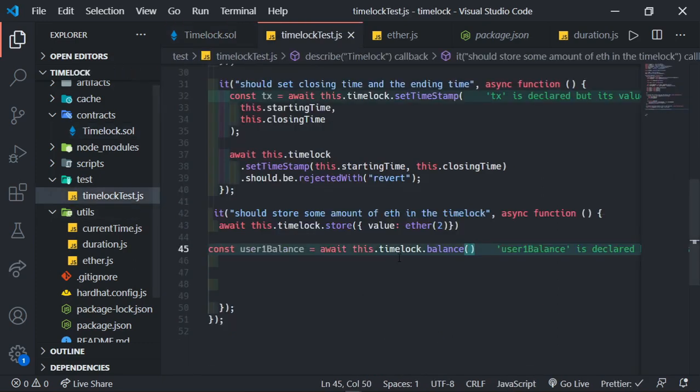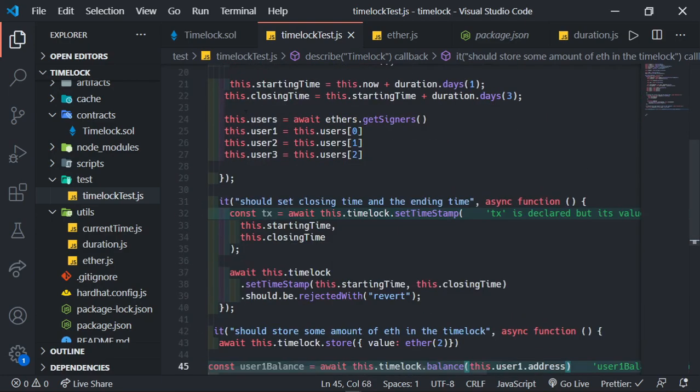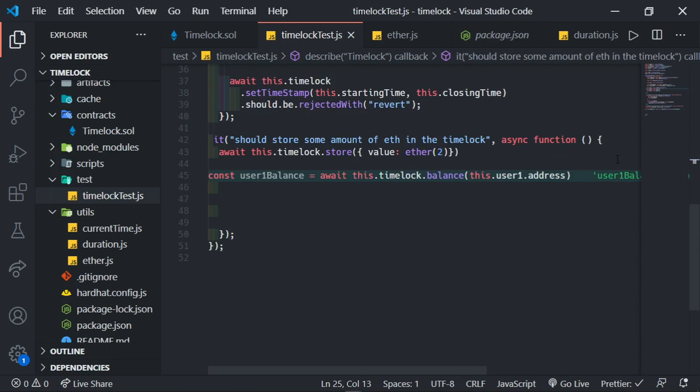So let me go back to the test. So balance, I need to pass the address of this user1. So this.user1.address. So this particular user, the address of this user. So this.user1.address. So okay, now I want to check if this user1Balance will be 2 ether, because user1 has already deposited 2 ether into the smart contract. So we're expecting user1Balance to be 2 ether. So let's just confirm. So expect user1Balance